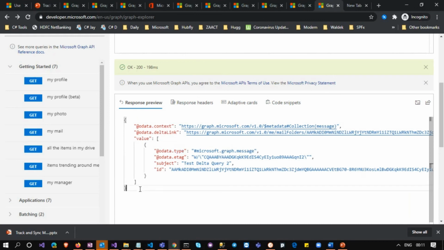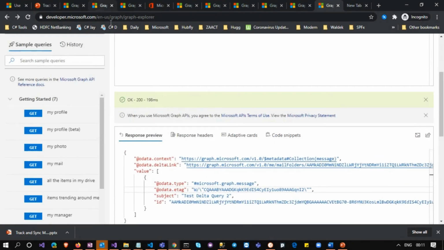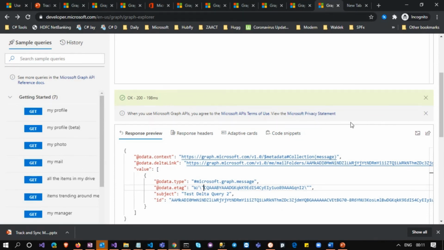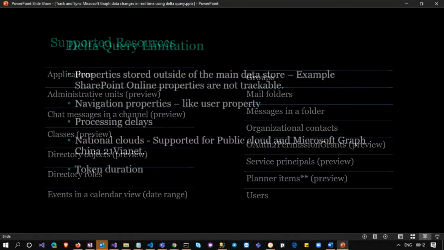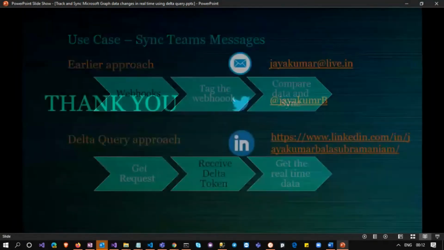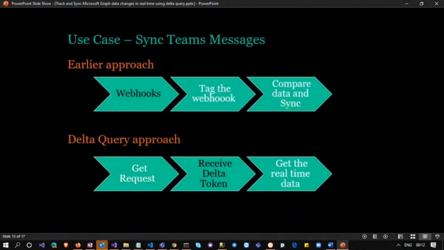Let's see some real-time use case for this scenario for the Teams message. Now we have covered a resource for users and messages. So this is a real-time use case.